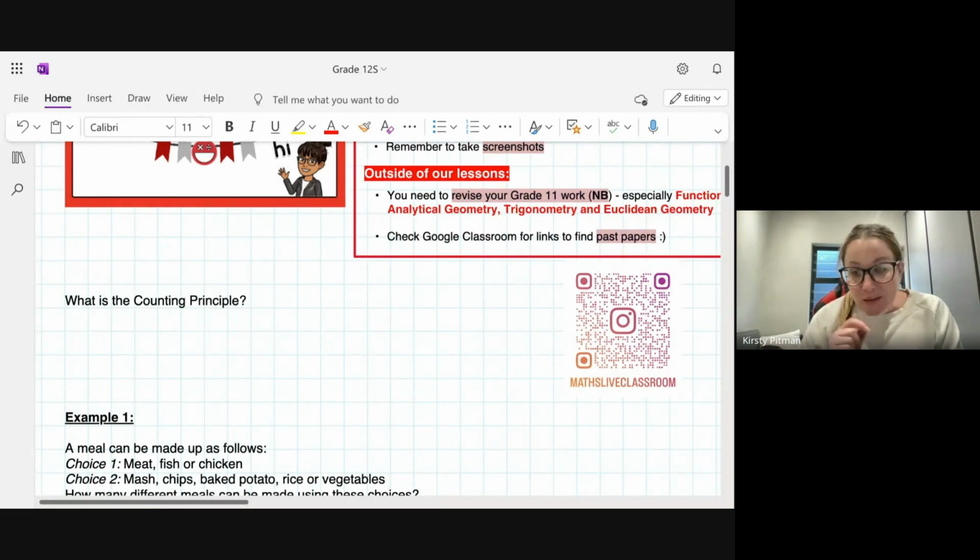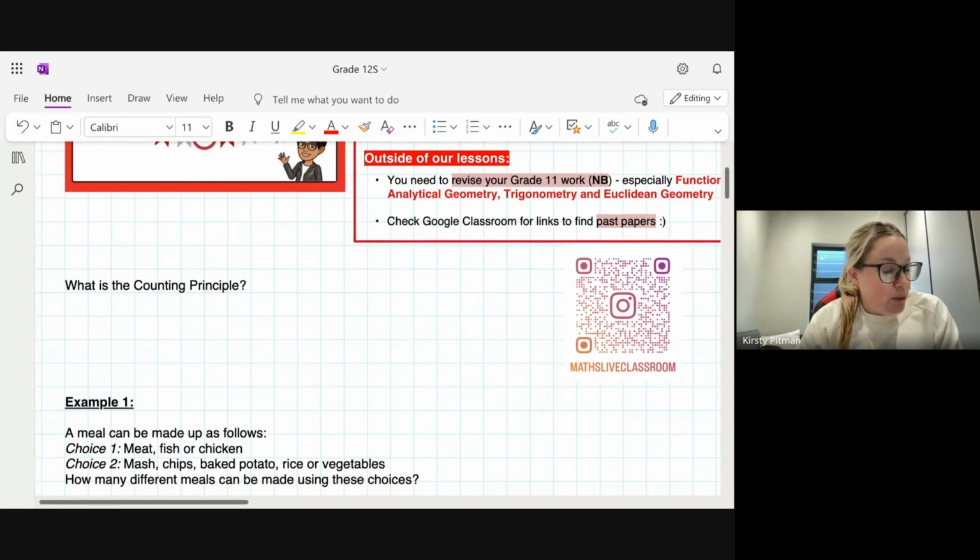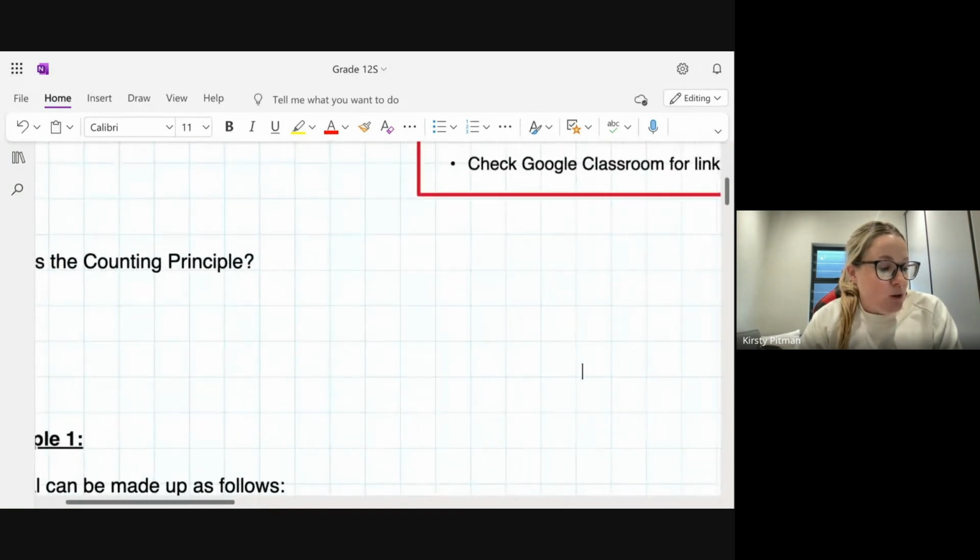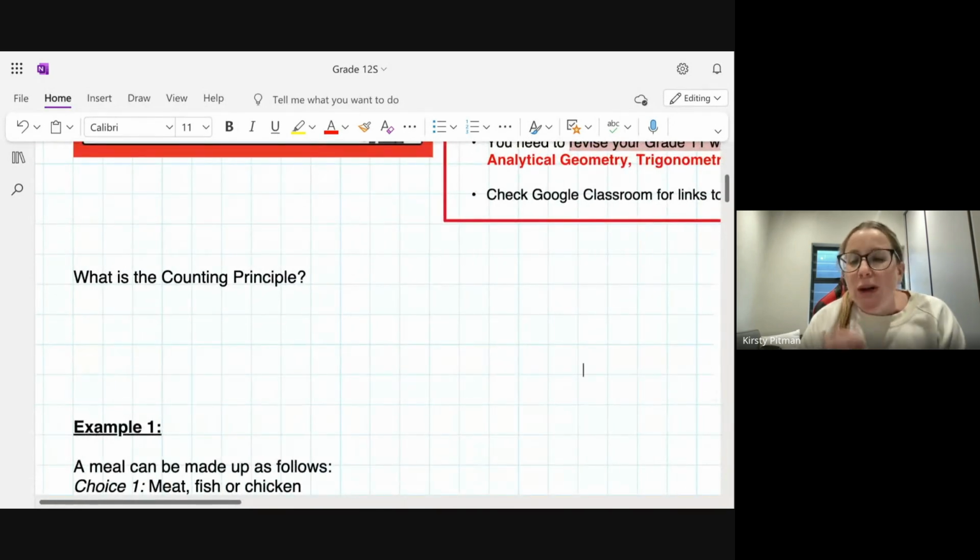But the counting principle is really somewhere where you can get extra marks for nothing, if you practice a whole lot. So you do loads and loads of practice, and you work it out in your own head sometimes. That's the best thing I can suggest for grade 12. Sometimes you can have 4 teachers explain something to you, but unless you actually understand it in your own mind, that's when it's really going to click. So I would suggest doing a whole lot of extra papers, a whole lot of past papers.